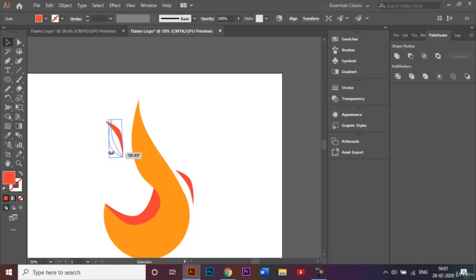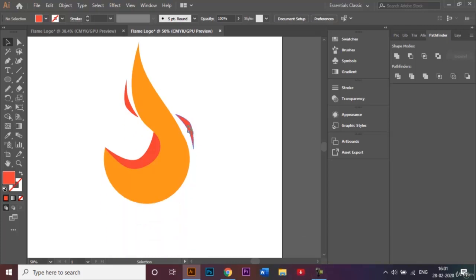Rotate it like this, and I'll bring this one over here like that. So I can now go ahead and see, yeah, I'll actually just place this one over here, rotate this, and